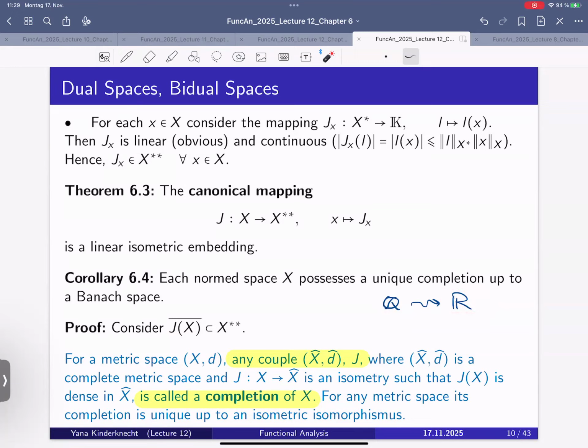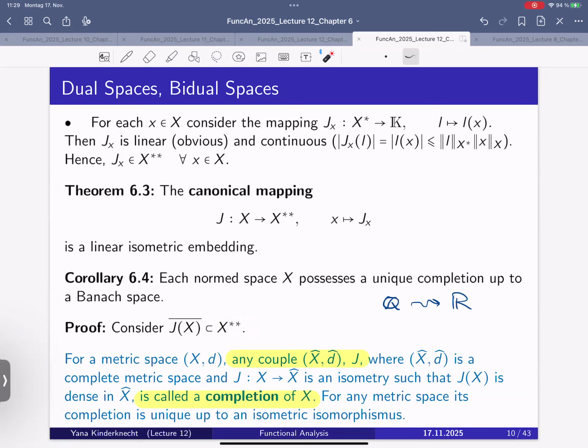But in an abstract situation, we have just a metric space of some objects, and one has to create these limits of Cauchy sequences somehow. We should have these objects. So this is one of the ways to have these objects. We take them from this guy. So this is the idea. Okay, everything is clear.